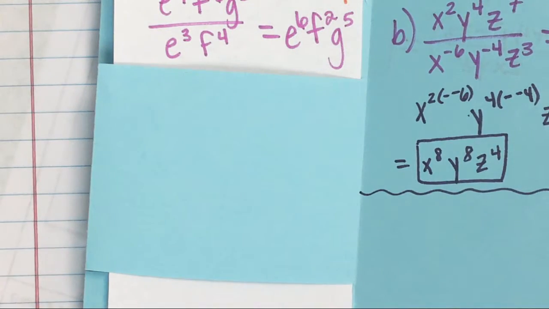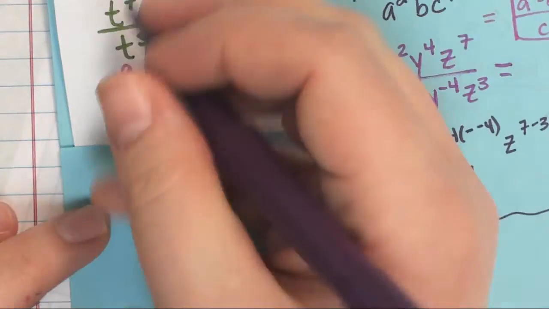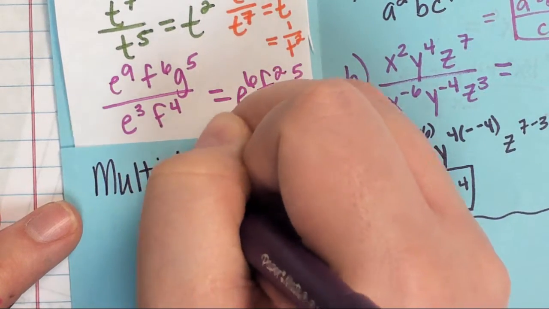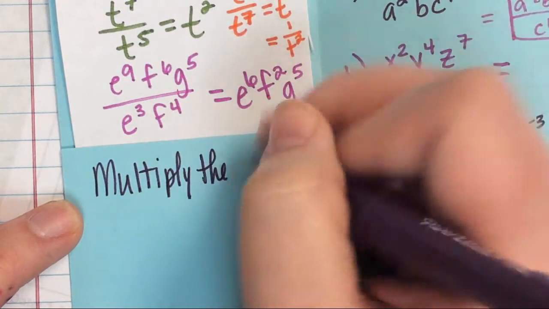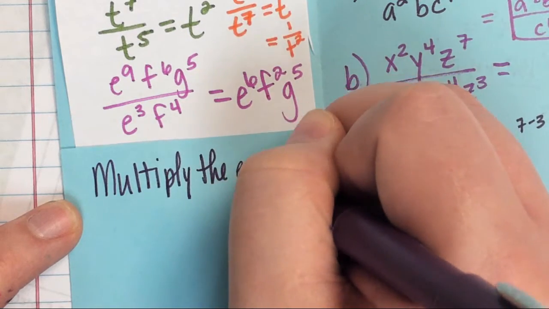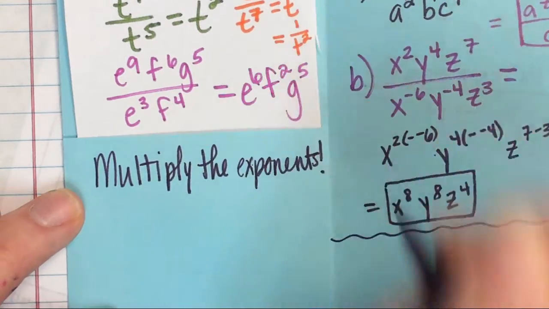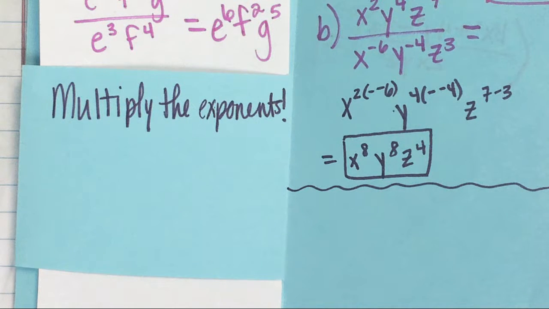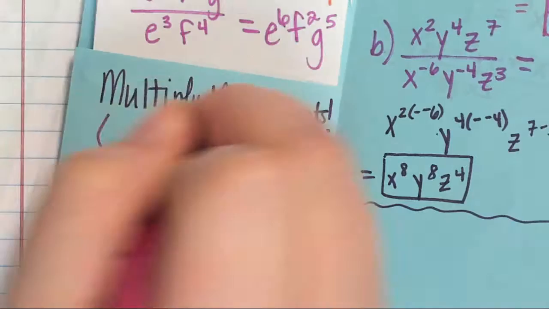Okay, we are going to multiply the exponents, or multiply the powers. And we need to work a couple more problems to make sure we got it down. I think we're going to do 3. It's fine if you say multiply the powers, it means the same thing. Okay, if I had